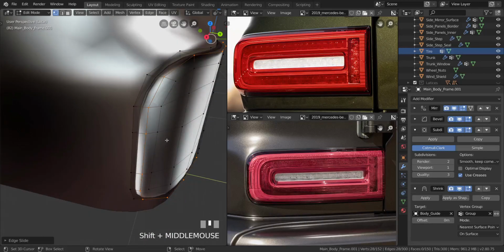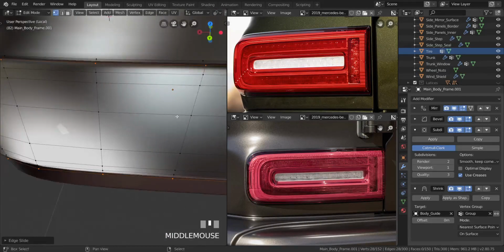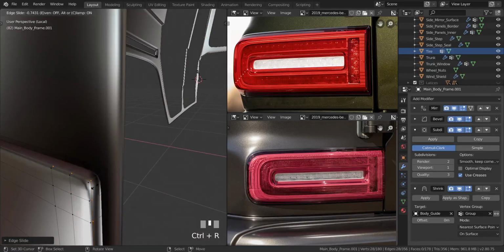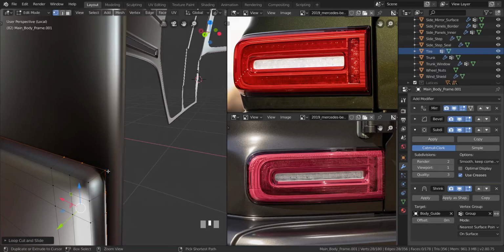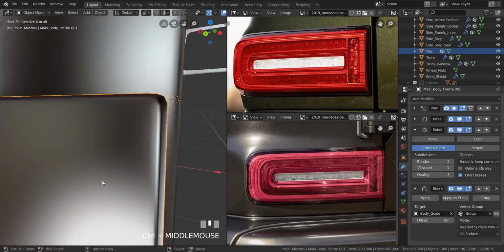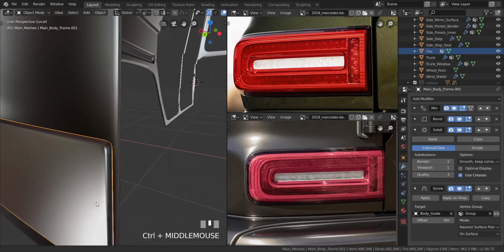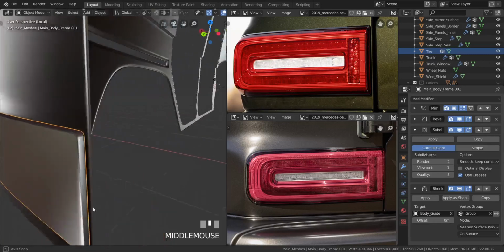Alright, now the ones here might actually have slid in too much. So first of all, let me make sure the angle is pretty good. Let me add in a loop cut through here. First, let's add it to the back, like this, and let's add one on this side. And let's take a look at the angle. Is the angle good enough? Pretty sure it is. I'm not so sure, but